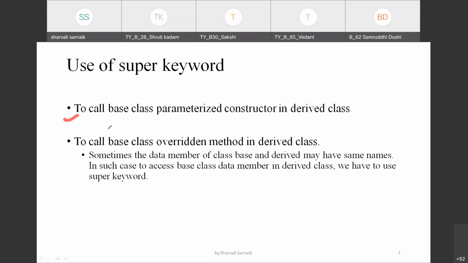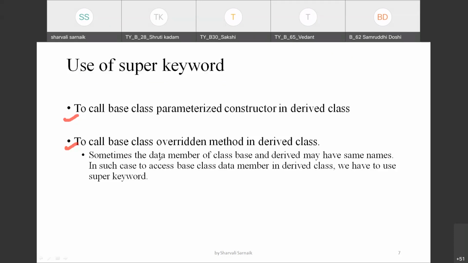Even to call base class overridden methods into a derived class, like we saw in the previous method overriding, if you have the same function name in the base class as well as in the derived class, then we give a call to the base class function with the help of the super keyword.